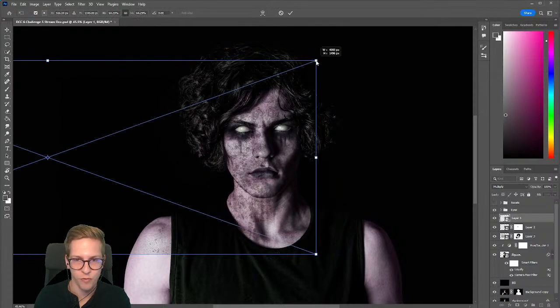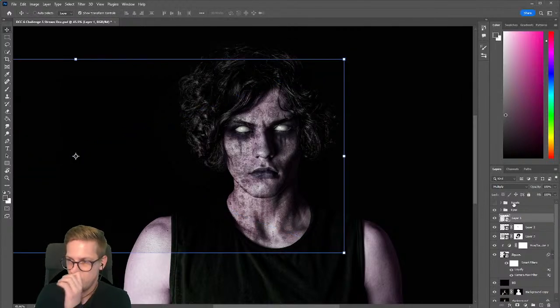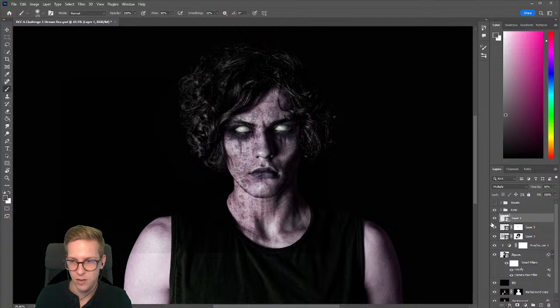I'll probably do a separate one for the shoulders. You can see we're not really affecting the shoulders. And just lower the opacity again. It's a bit much. Maybe 50, 60. It's just a little additional grit. And let's put our last one in. You know what? Actually,